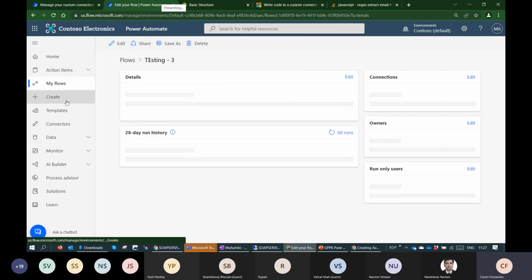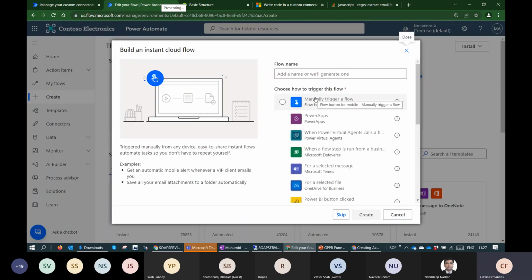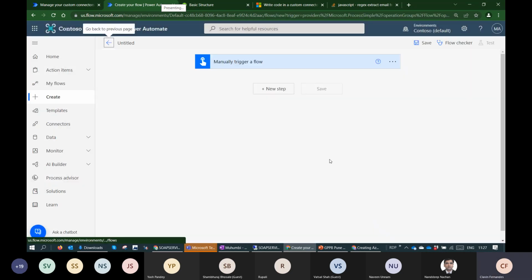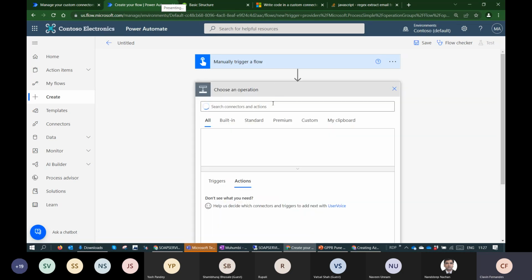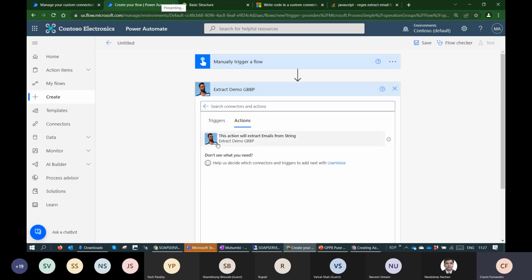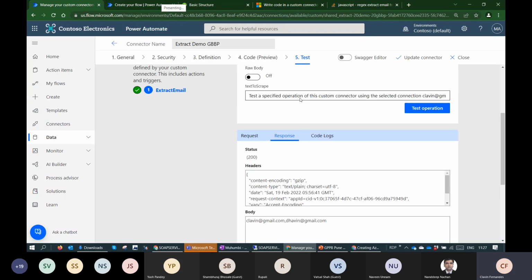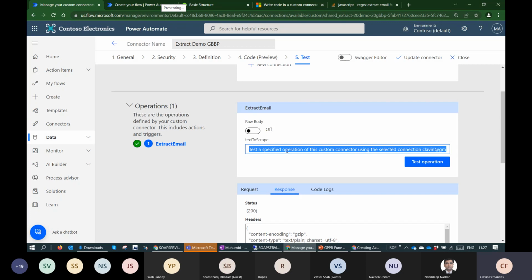So what I'm going to do is create a new flow because I also want to show you the GUI in Power Automate, how it works. So create, and when I create it, you can go to custom block and here you see this is my picture, so it's easily identifiable. It's the action. If you see it's creating a connection altogether, to save some time, I can just paste this in